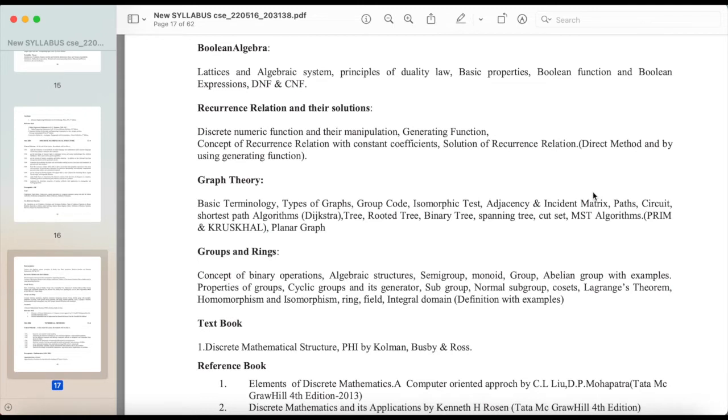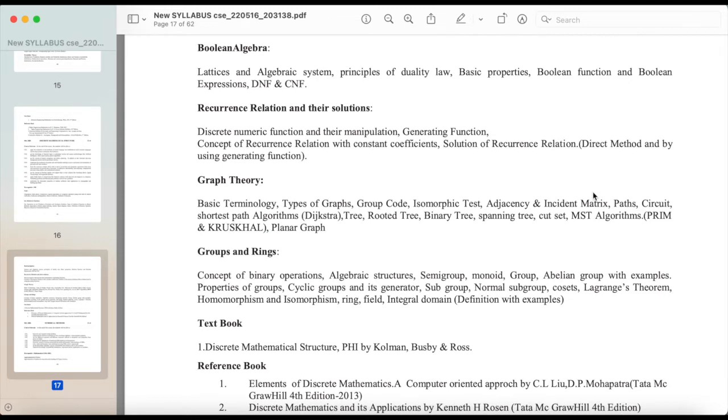Isomorphic Test, Adjacency and Incidence Matrix, Paths, Circuit, Shortest Path Algorithms, Dijkstra, Tree, Rooted Tree, Binary Tree, Spanning Tree, Cut Set, MST Algorithms, Prim and Kruskal, Planar Graph. Groups and Rings: Concept of Binary Operations, Algebraic Structures, Semigroup, Monoid, Group,